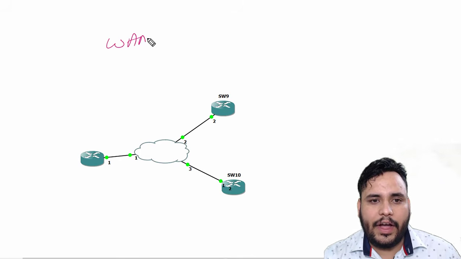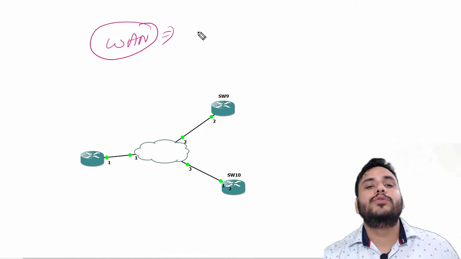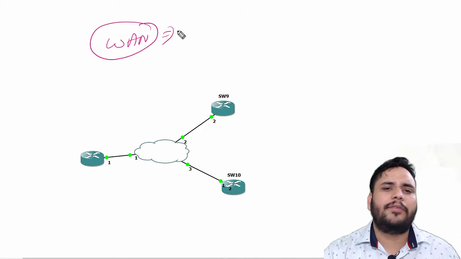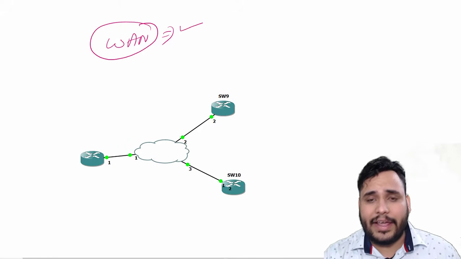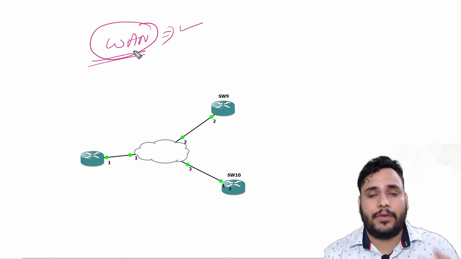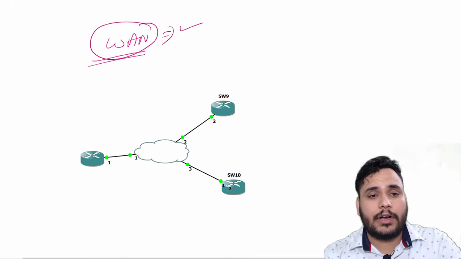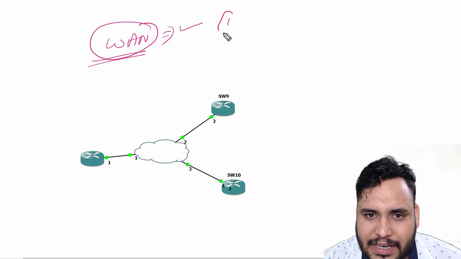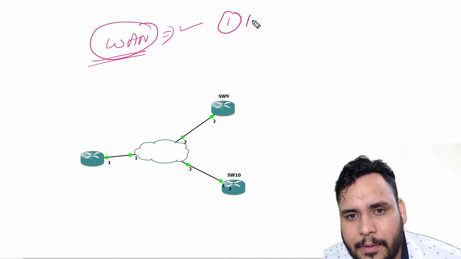WAN is a wide area network which is used to connect different networks with each other, like different locations we can connect with the WAN architecture. So we have many WAN designs we need to know about. First of all, what are the network topology designs in WAN? The first design in WAN is